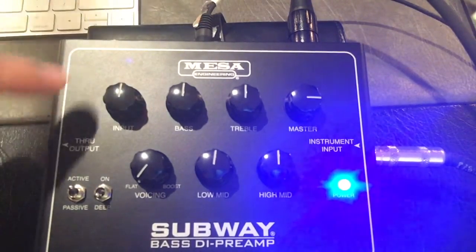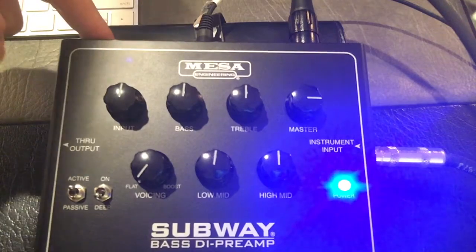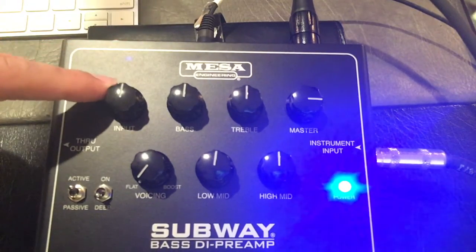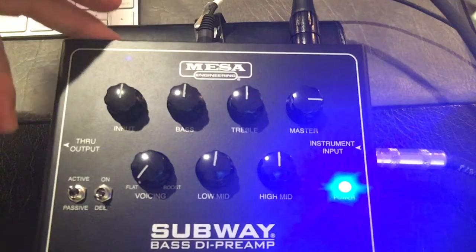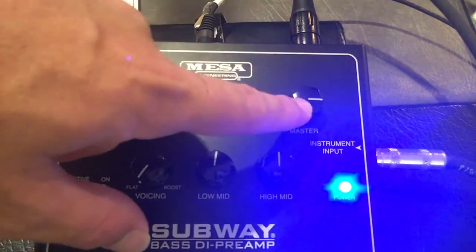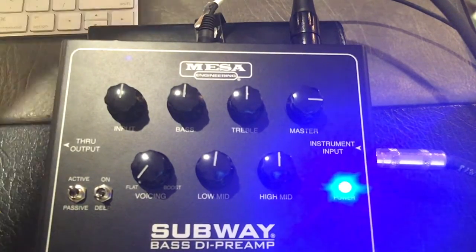On the back too, on the side here, you've got the through output that can just go straight to an amp. On this side here you've got a DI out. The DI out level will be controlled by the input, but it doesn't have an output. The DI output will be affected by the input gain, but not the master. So once you've set the input gain, it's just a set output microphone level,